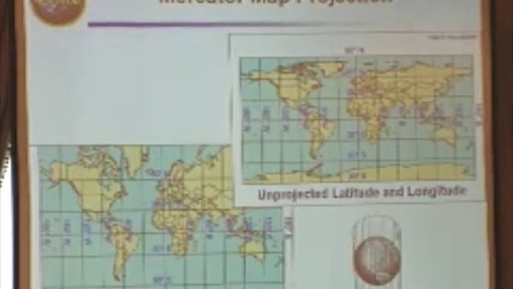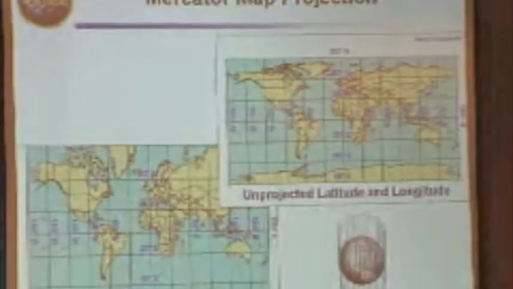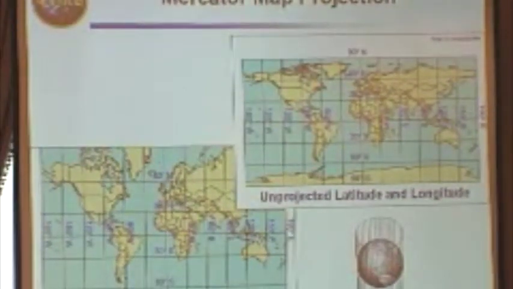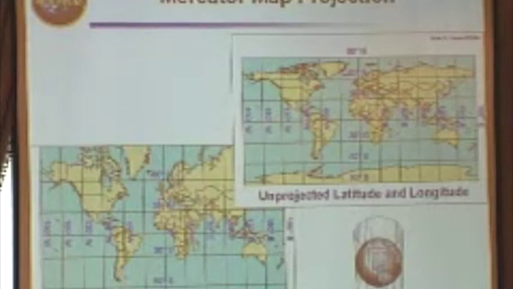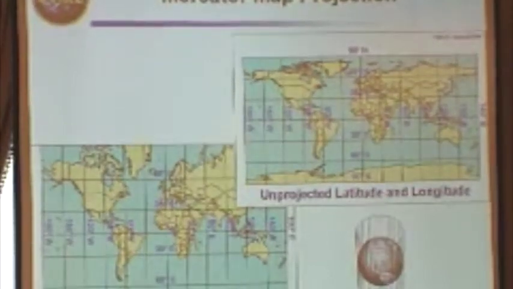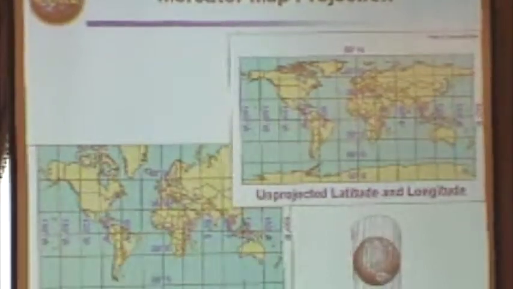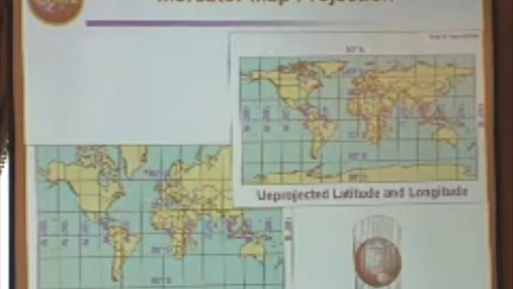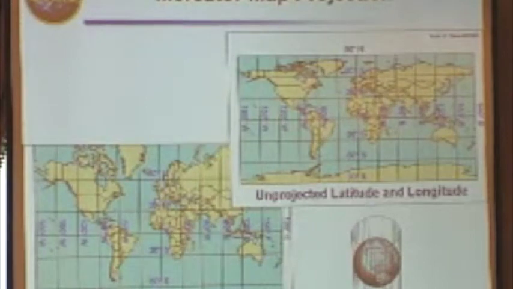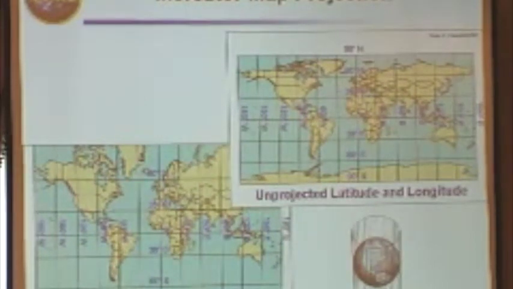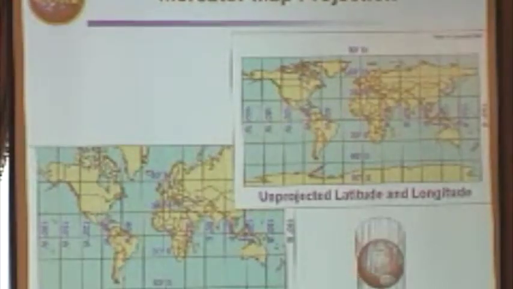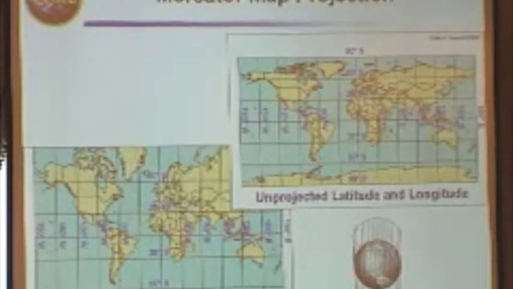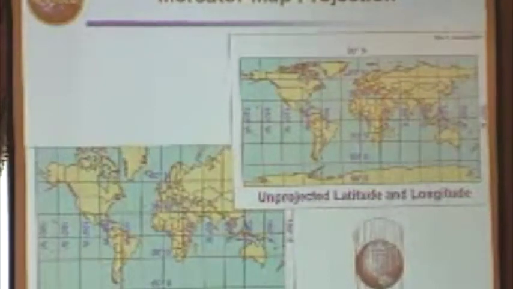Here's the Mercator map projection. We show a plot here of what the world would look like if you just plotted raw latitudes and longitudes. Remember, the points are on the surface, so height is not involved. And if we just blindly plot latitude and longitude as if it were in a rectangular system, you get the upper right picture. Of course, the top of the thing is really stretched, because there's only one point up there, and I had to map it to infinity to get all that. Notice the distortions.